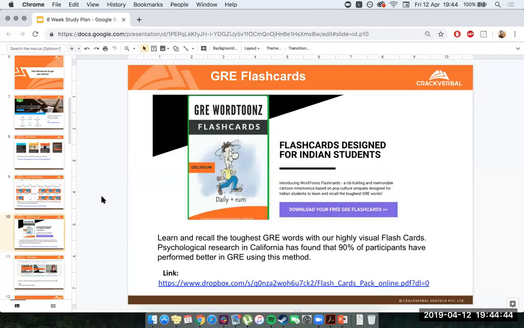Something else that I do want to talk about that will come up later is that we do have a selection of flashcards. And these flashcards have been designed in a very specific manner. Most people give you a word list and they say, hey, okay, here's a list of words that you need to learn and memorize everything on the list. And that's all very well and good, but it's not super effective, to be very honest. So what we've come up with is a slightly different system. We use both visual and auditory cues to help you get to a sense of what this word means.